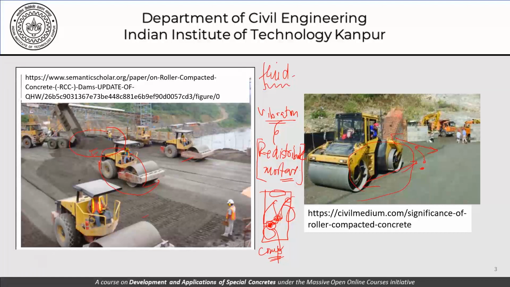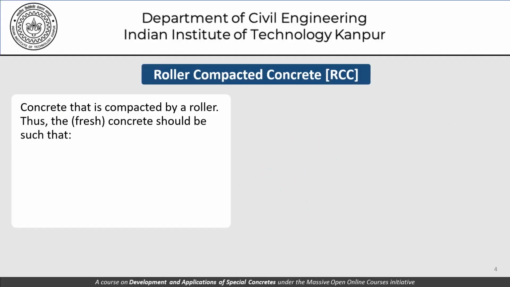So this small difference in level that you see here, that is what is being removed, as the material in concrete is being redistributed to complete the voids inside this material which is here. This material here will obviously have a certain amount of voids, and those voids will need to be compacted, and the kind of power that is required, that is what is coming from the roller compaction. So as far as the material is concerned, concrete that is roller compacted, or compacted by a roller, that is what roller compacted concrete is.